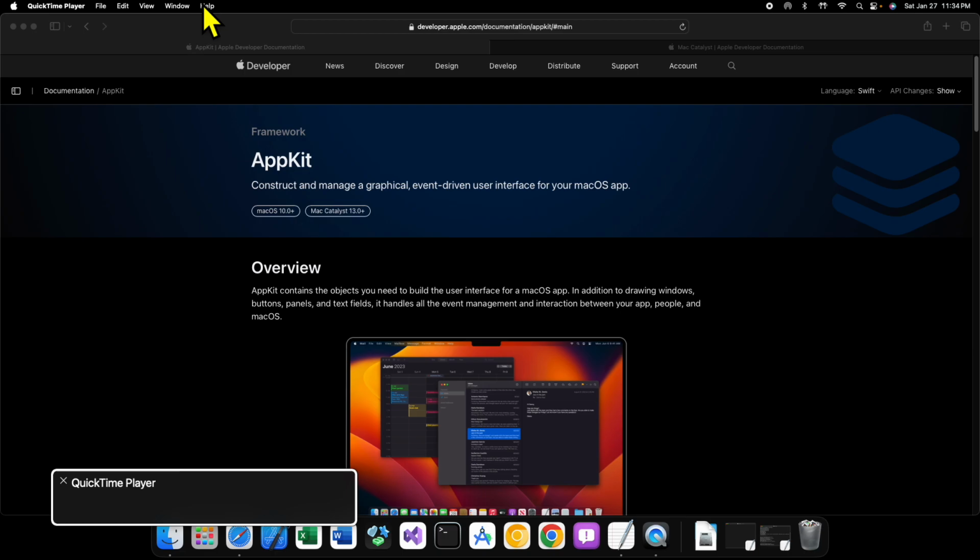It is interoperable with Mac Catalyst, which is a way to port existing iOS apps to macOS without changing your UIKit code a whole lot. You still have to obviously make some modifications for macOS, and AppKit helps with that. But you do need to obviously keep that in mind. If we take a look at Mac Catalyst,